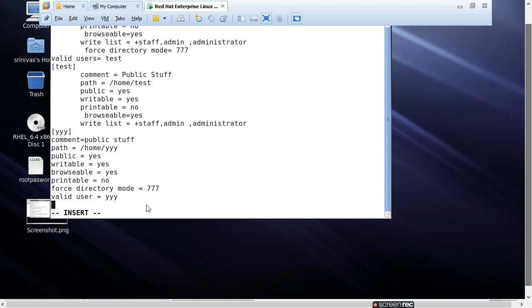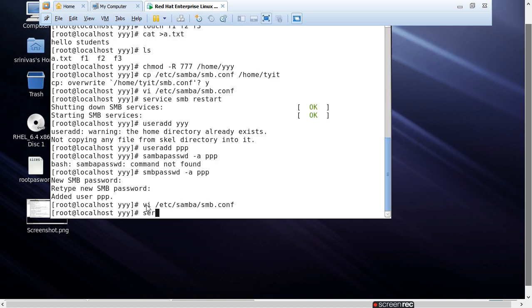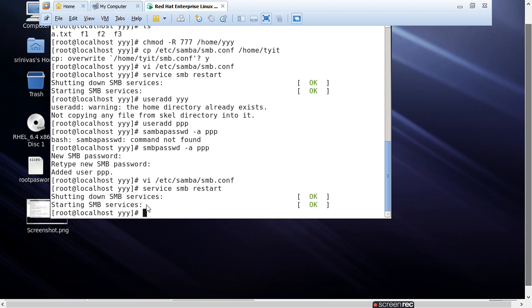So here, valid user, we have given it as Y. We'll change it to B. So we have edited the smb.conf file. Then we need to enable the home directories on. We can issue the command